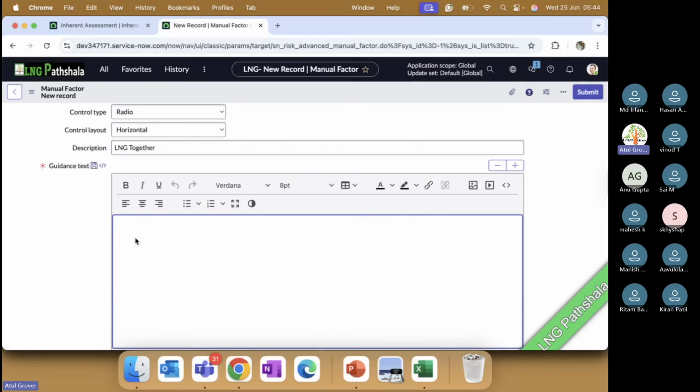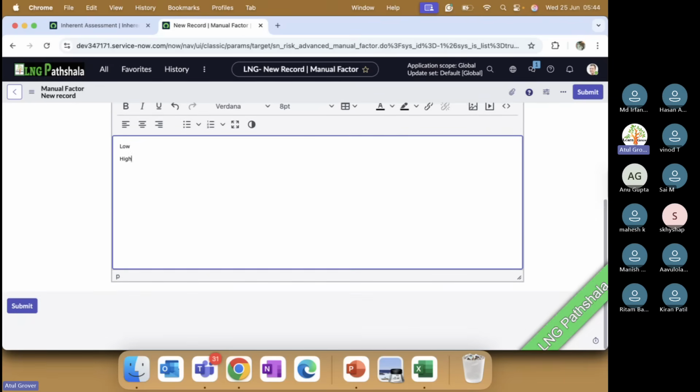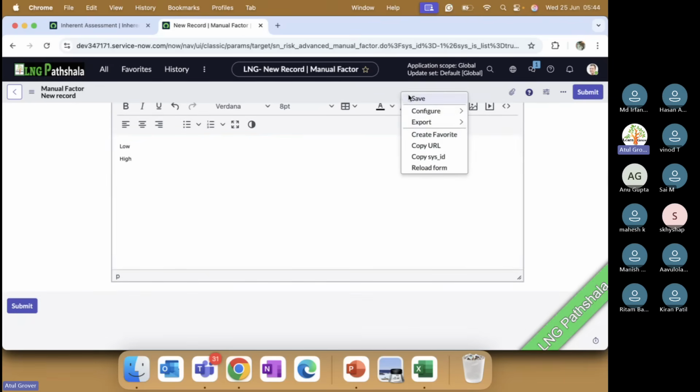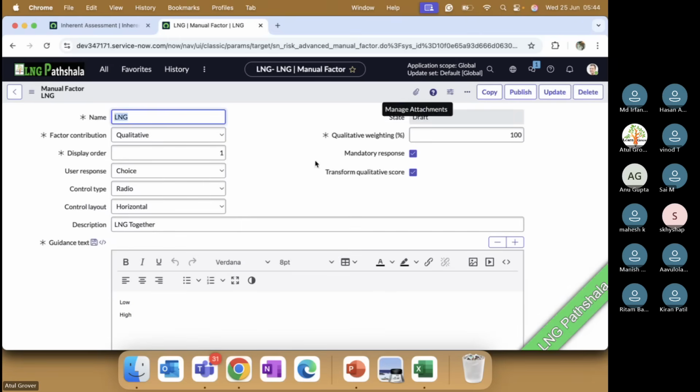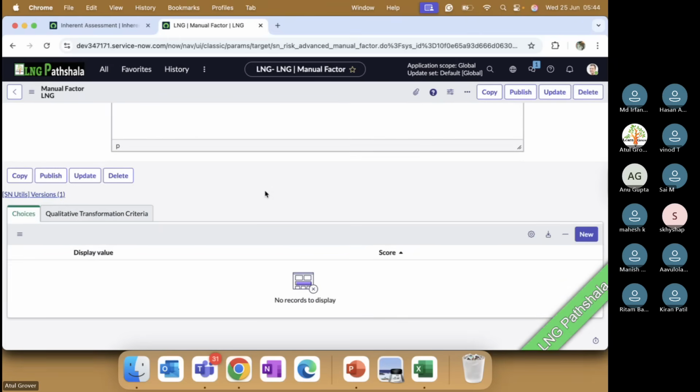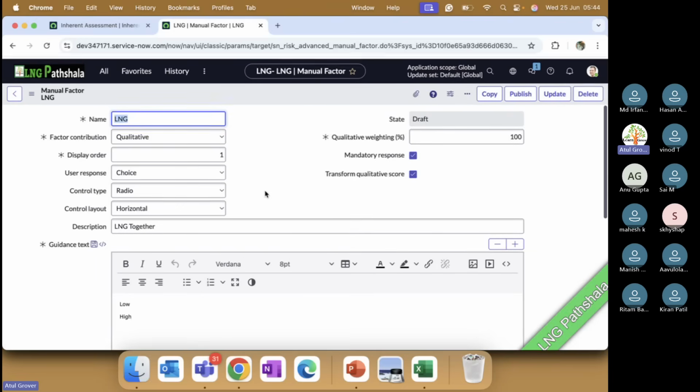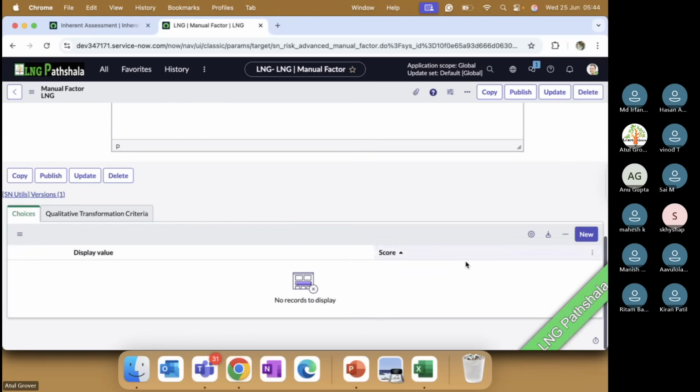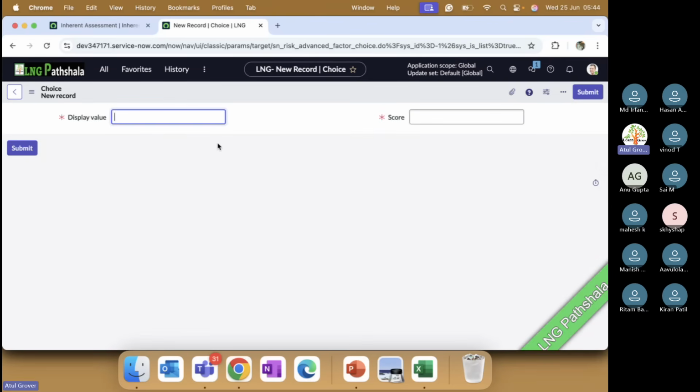I said rate like low, high. You can put the guidance. What do you say? You say choices. Do choice add then. Display value